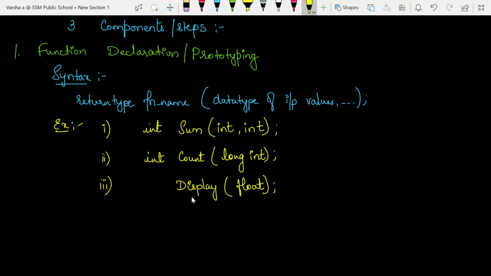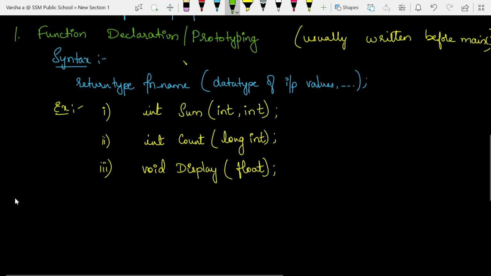Since it does not return any value, we need to mention void here. Void means nothing. So this function does not return anything to the main function. This is called function declaration, and this is usually written before the main function.